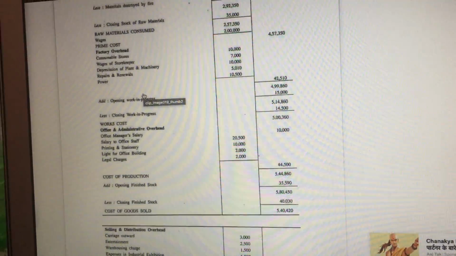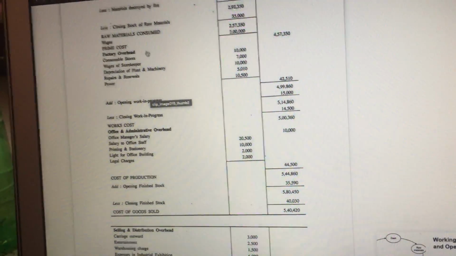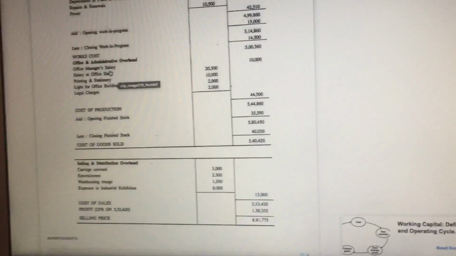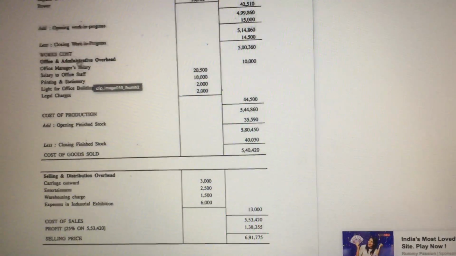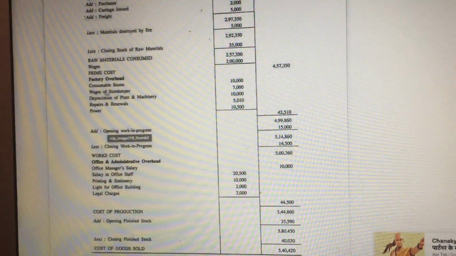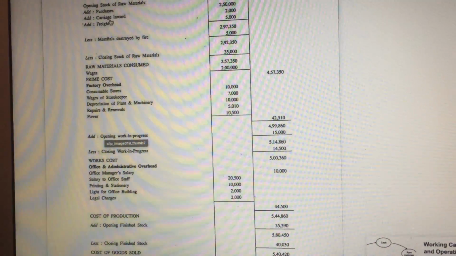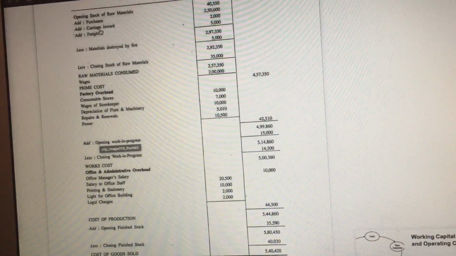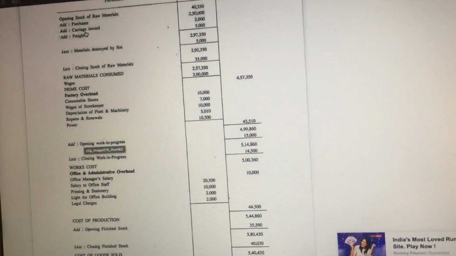Earlier in class or in college, I have taken numericals of cost sheet which don't have all those components, but in some questions we have all those components. So it is not difficult. When we are calculating selling and office expenses, we add all the office expenses. In selling, we group all the selling expenses. In factory overhead, we write down all the factory overhead. Similarly, we just have to segregate all the expenses on the basis of their nature, whether it's selling, office, factory or material, and then we solve such kinds of numericals.